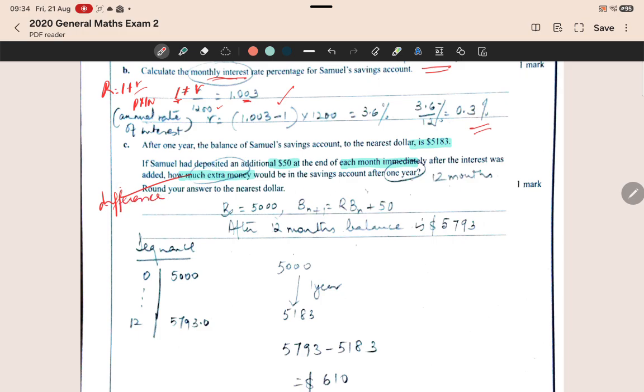So there are two scenarios here. One where he deposits 5,000 at a normal interest, okay, 5,000, and he gains interest, which I have calculated in the sequence tab